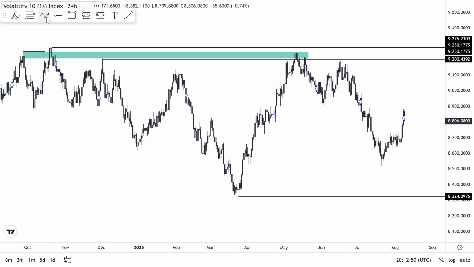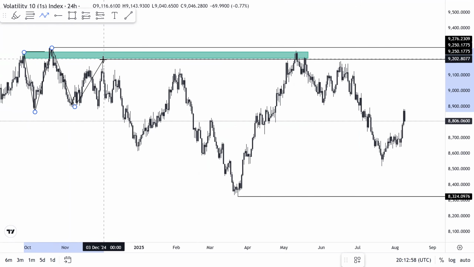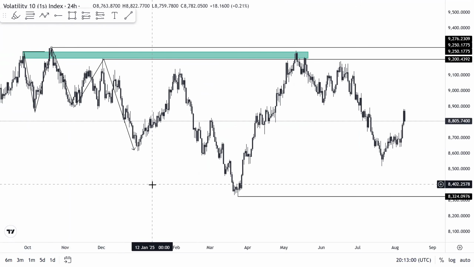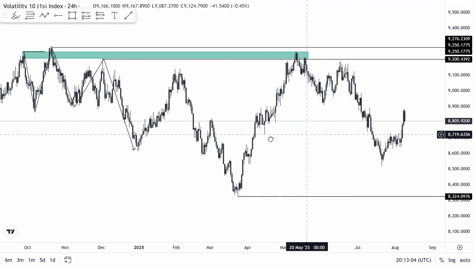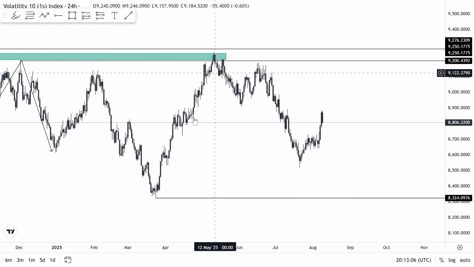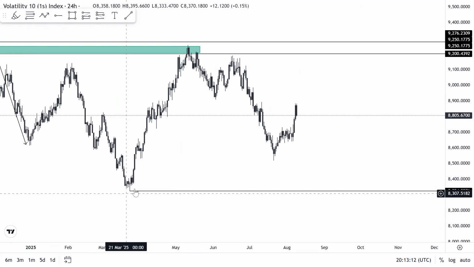Remember what I said? Let me just break this down. This is a high. Market swept this high, broke structure. Now, before the break of structure, market gave us what? A structural liquidity, right? So price has come back now to take out the structural liquidity. And what do you expect to happen? An expansion from where? The internal liquidity to the external liquidity, right? So you expect price to come here.